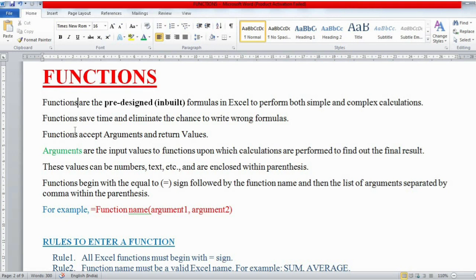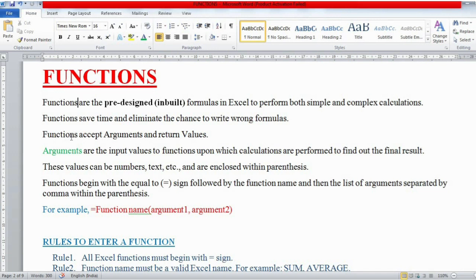We don't have to design them, so they save our time. They also eliminate the chance of writing wrong formulas. Many a time we can make mistakes in writing formulas manually, but when we use functions, it eliminates the chance of writing wrong formulas.